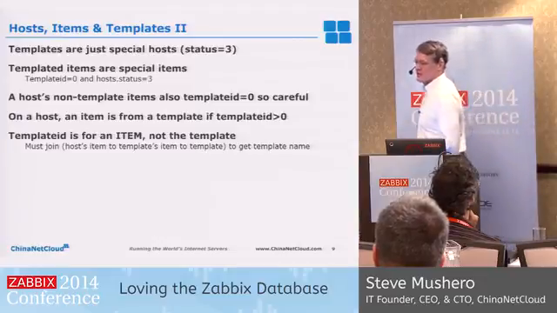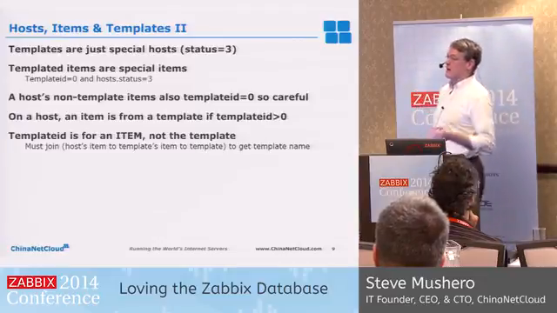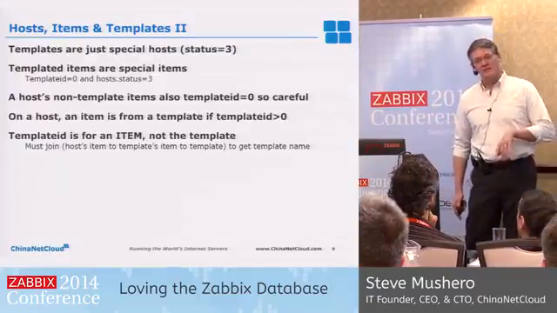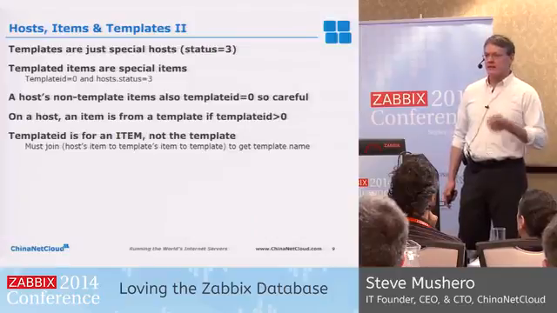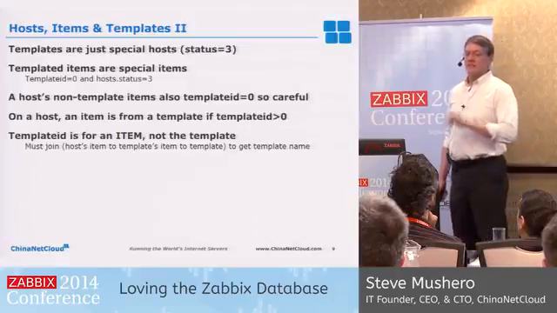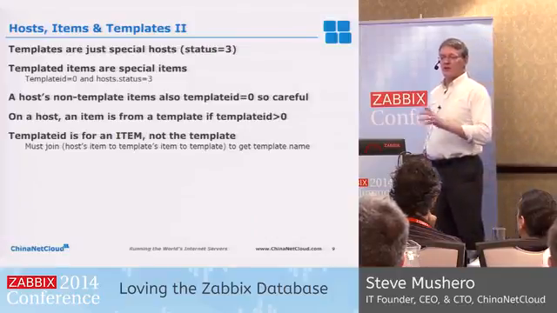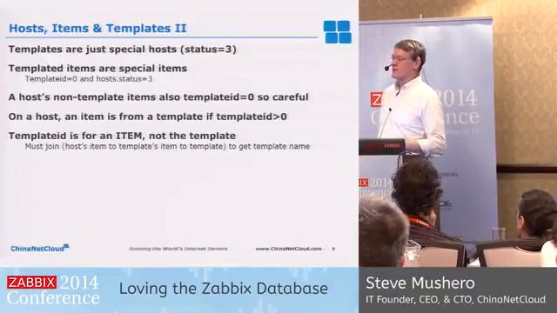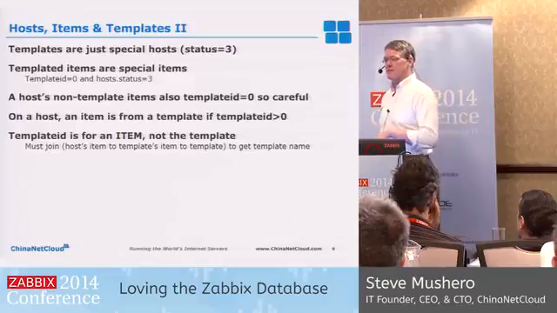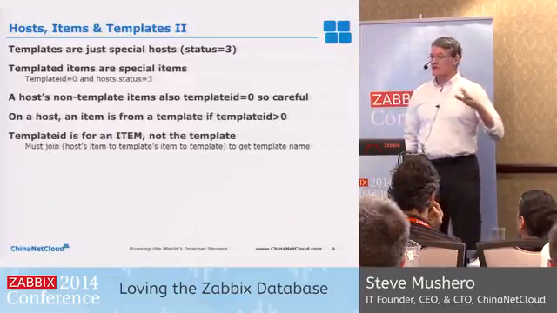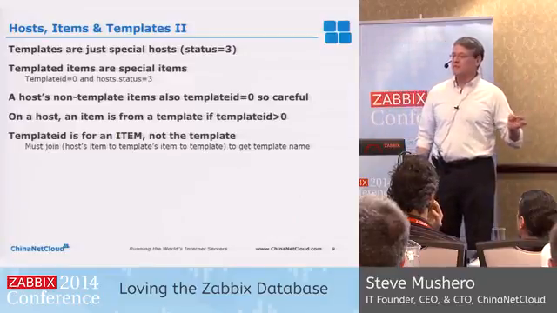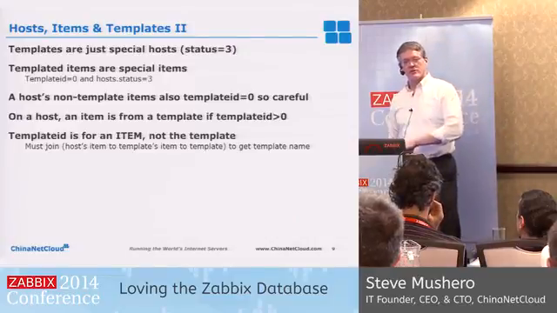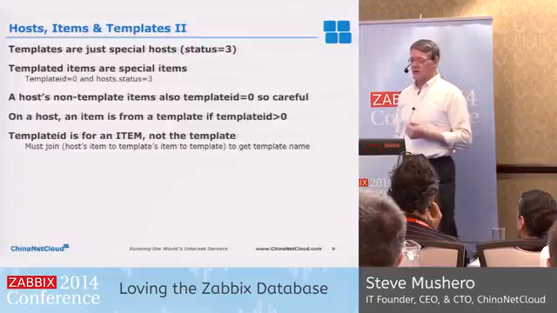So this is where things are confusing. Status 0 hosts are active hosts. Status 1 hosts are disabled hosts. Status 3 hosts, what did I say, are templates. So it can be a little bit confusing as you start to join things around that statuses have multiple meanings. Sometimes they're enabled, sometimes they're disabled, sometimes they're an error, and sometimes they're totally different things like templates. So when you're trying to pull out items from templates, join to hosts, looking at data, you have to keep